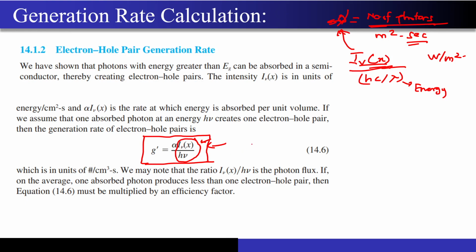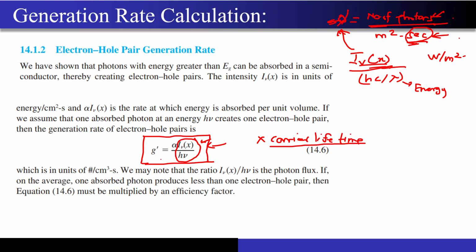So now before solving this numerical, let me just clear one more concept. This is the generation rate, correct? Now if I want to calculate the excess carrier concentration, I have to multiply this by the carrier lifetime. Why do I have to multiply this by carrier lifetime? Just look at the units over here. This is number of photons per meter square per second. There is a second involved in the denominator, correct? But I want the concentration of the excess carriers, so I have to get rid of this second, the time that you are seeing over here.